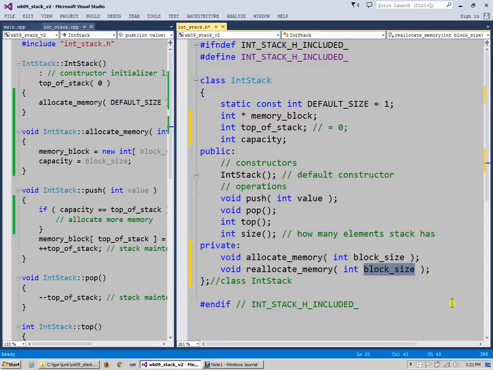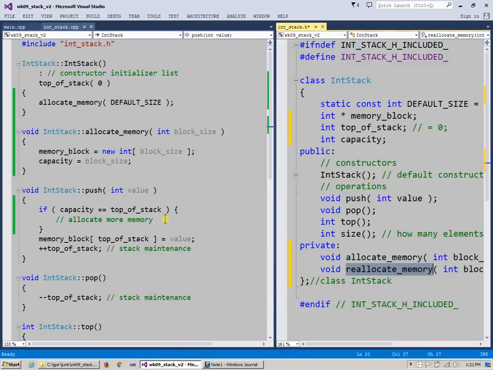Or maybe, whatever, let's just keep the same function signature for both initial allocate and reallocate. Let's just go and try implementing this function. So again, if we have this implemented, reallocate memory, what we can do over here is simply say